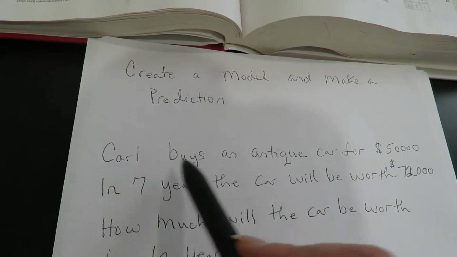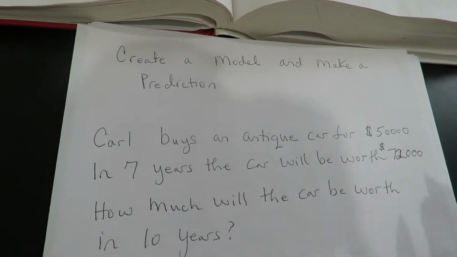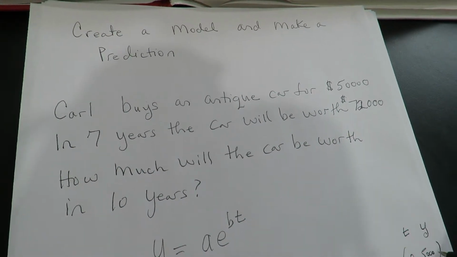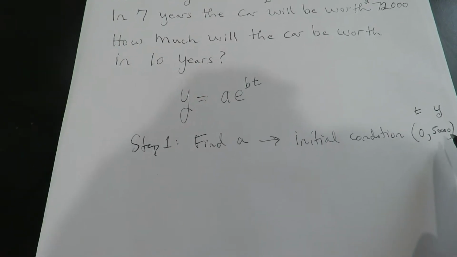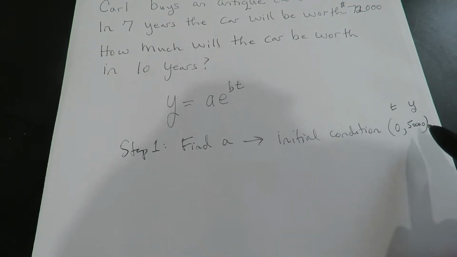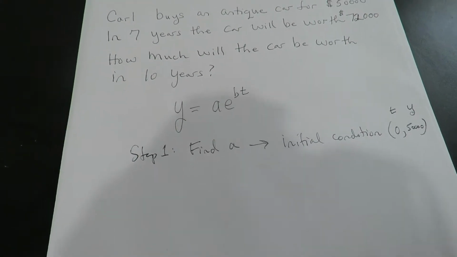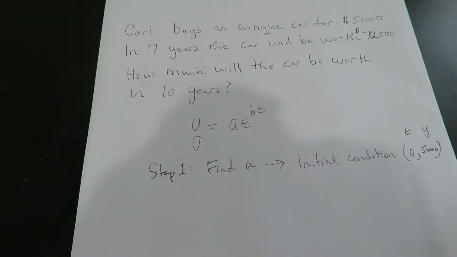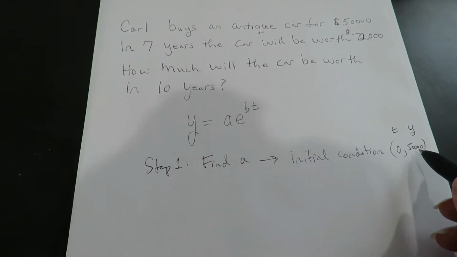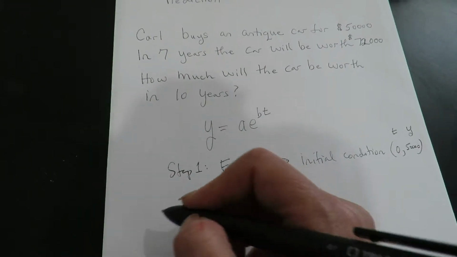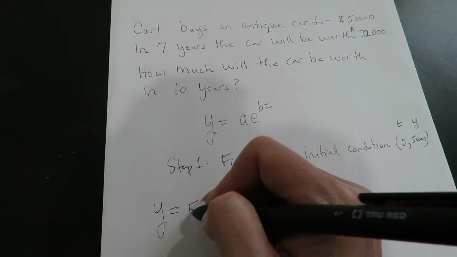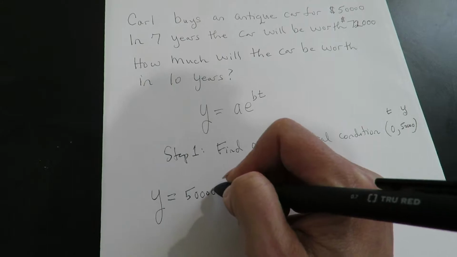So you can see here that Carl buys an antique car for $50,000. So when he gets the car, that's the initial condition, because that's when the experiment, so to speak, starts, or the experience starts. Now this will always end up being A. So in general, once you figure out the initial condition, you can just put it into the